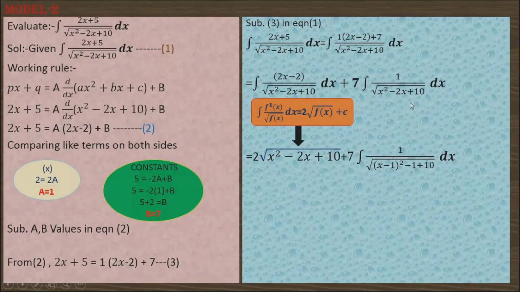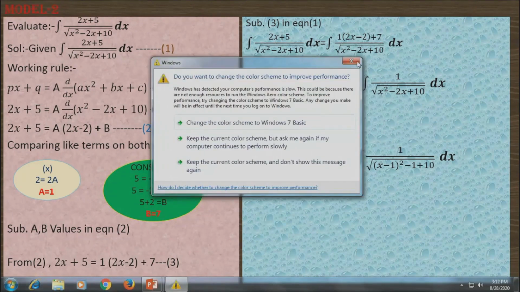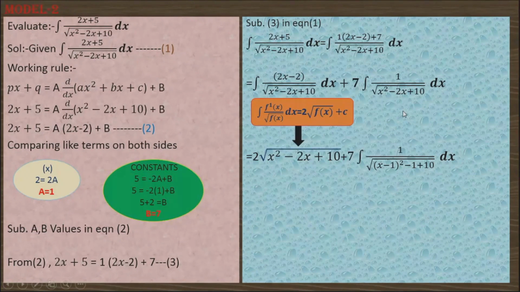We learned in first model how to simplify the quadratic term by using complete square method. So I am writing the complete square method like this. So here a square, here a means x, minus, here the sign between quadratic term and linear term is minus, so write minus as it is. Next write the half of the coefficient of x. So x coefficient is 2, its half is how much? 1, so it becomes x minus 1. Now write this result in square, so it becomes x minus 1 whole square.